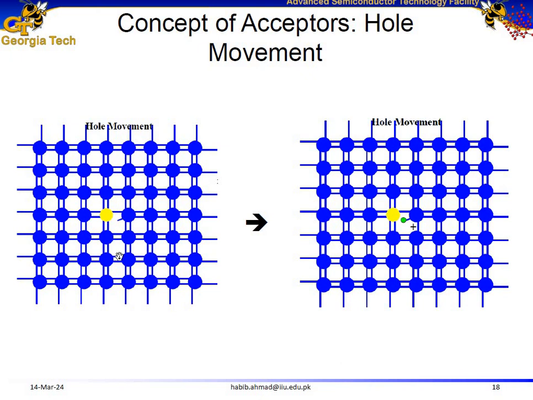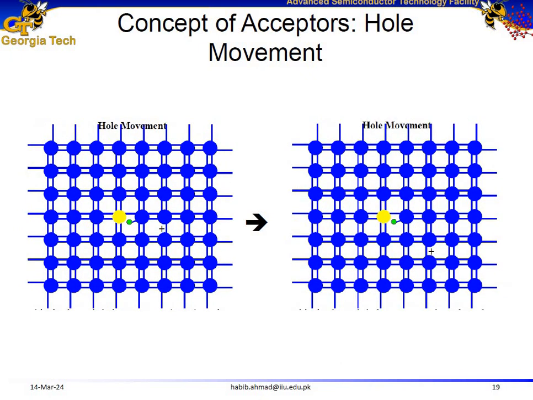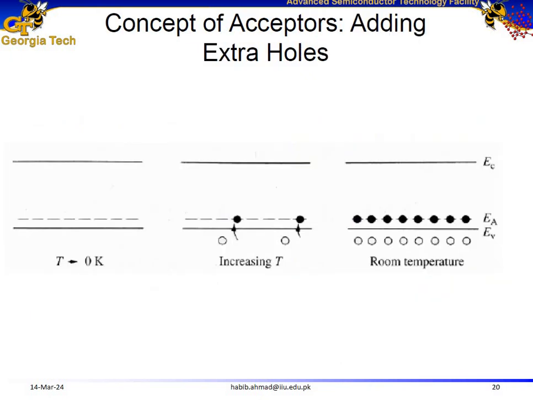Then this hole can also move around inside the semiconductor. I don't want to go into the details of it. I have already discussed it in one of the previous lectures. By analogy, we can say that p-type doping means that we introduce acceptor energy levels close to the valence band